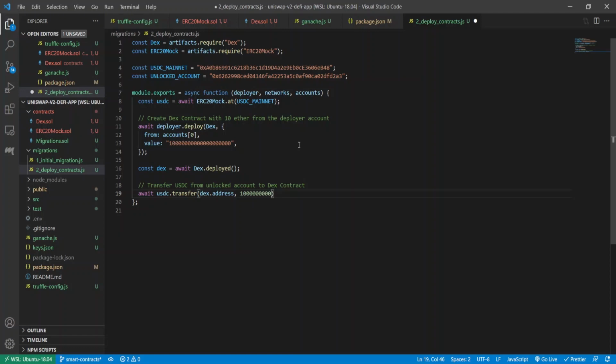That should be fine. Okay, let's transfer it from